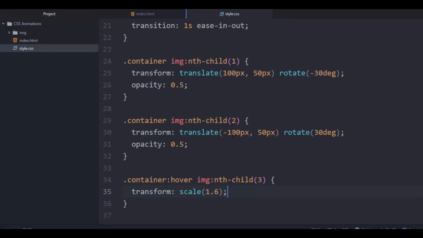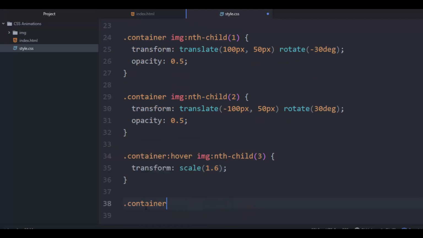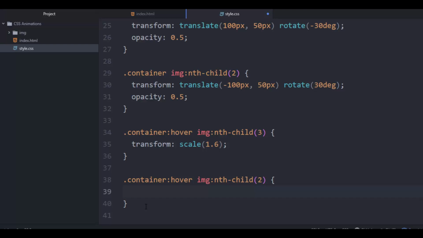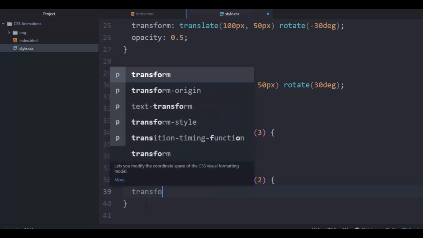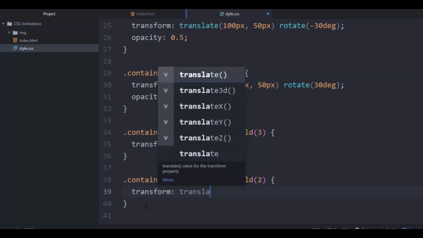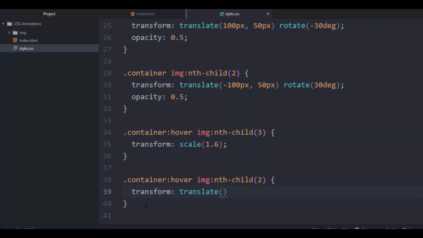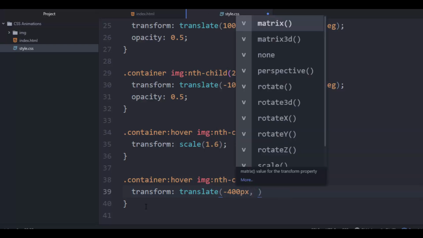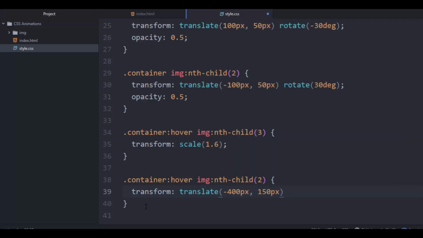Now the first couple of images are going to be moved to the right and left sides. So let's go in order and set the second image. Say container, hover, img, and child 2. So I'm gonna set transform. I'm gonna set translate. It's gonna be minus 400 pixel and 150 pixel. Okay, now if we save,